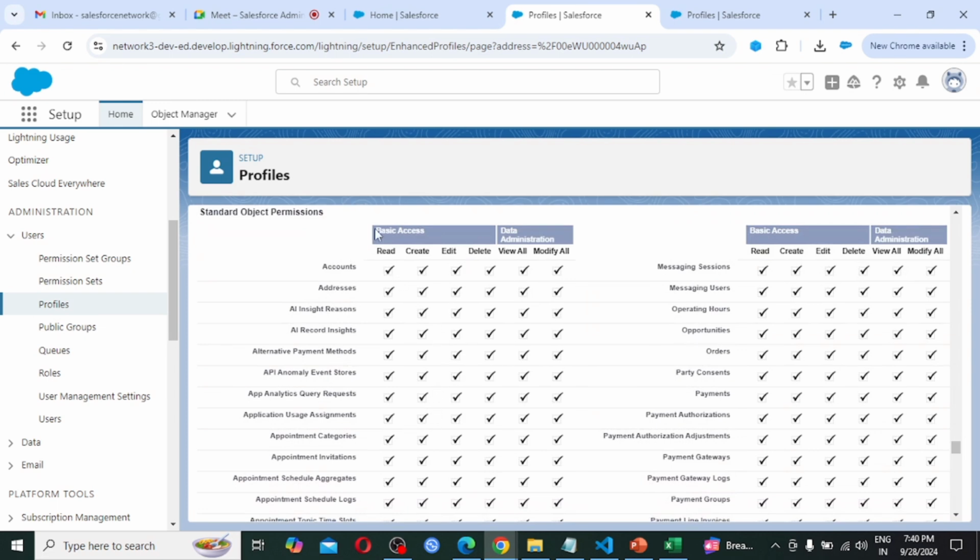So what are the basic access? Read, create, edit, delete. These are the basic access. So all are checked, which means access is allowed, and data administration: view all and modify all.